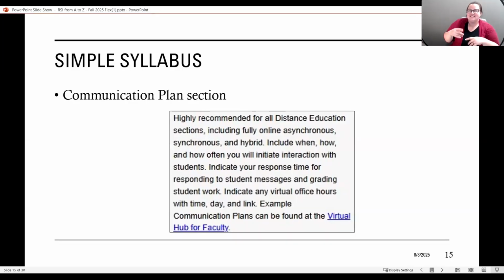Within Simple Syllabus, there is now a section that I referred to before, called communication plan. In your communication plan, you tell students specifically how you're going to be interacting with and contacting them, and what method you're going to use.